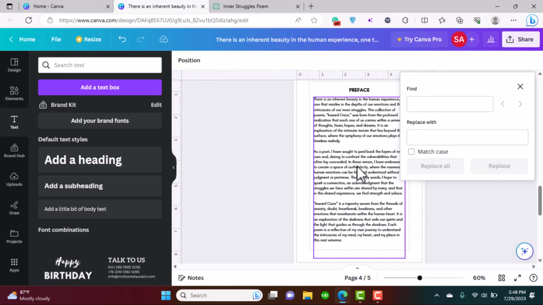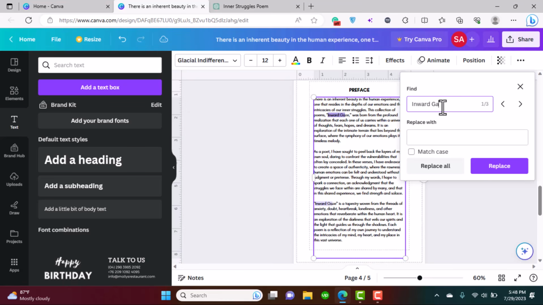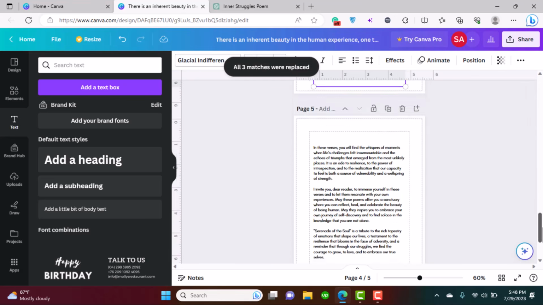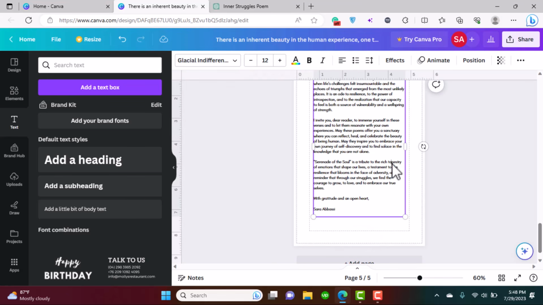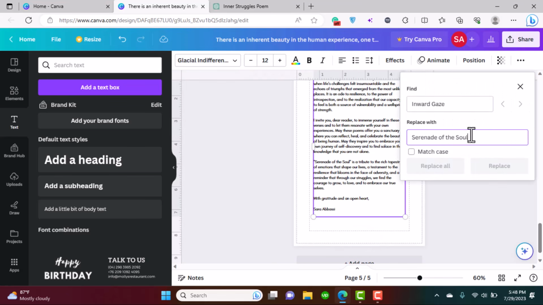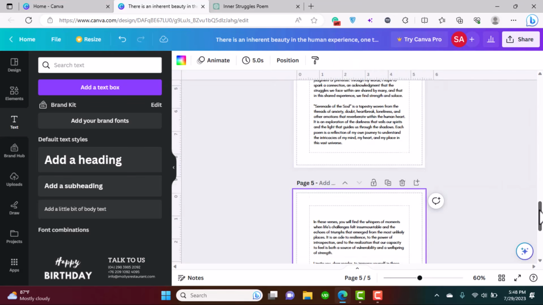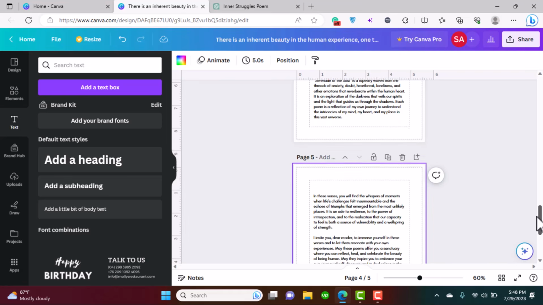We're going to press Control F, and we're going to find Inward Gaze, and we're going to replace it with Serenade of the Soul. Replace all. Great. We're going to do the same over here, Control F, and great, it's already replaced here as well. So once we're done with the preface,